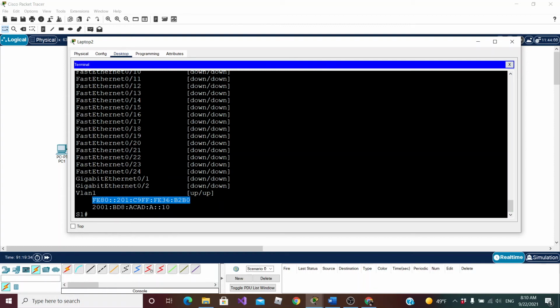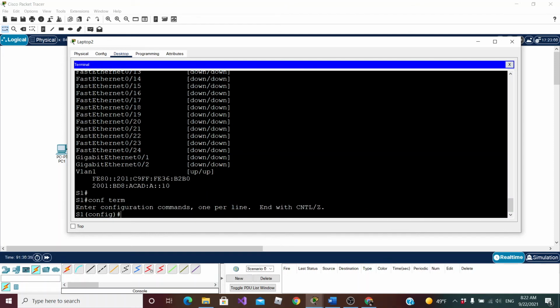Now, what is a link local? This is something we're going to be talking about later when we talk about IPv6 in detail. But for now, you just need to know that IPv6 link local is basically going to be generated automatically. You can change it if you want, but we usually keep it as it is. So now that we have IPv6,